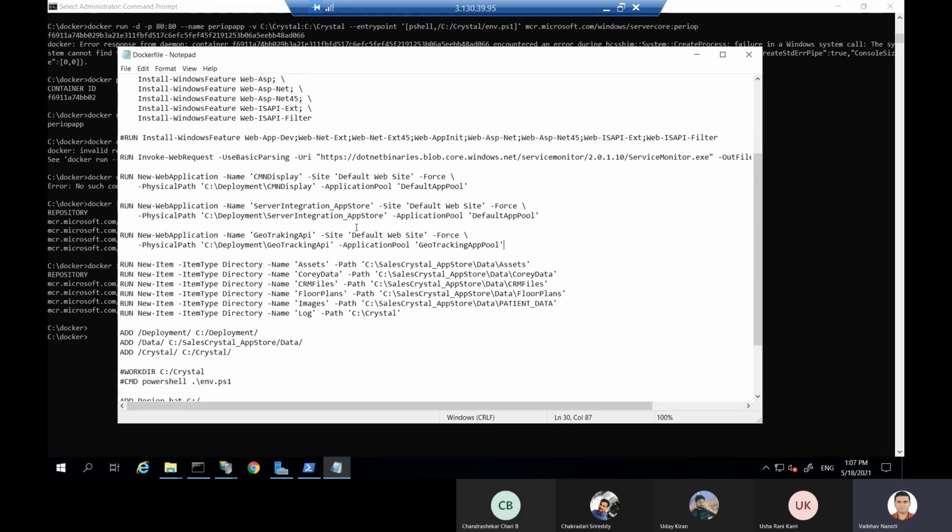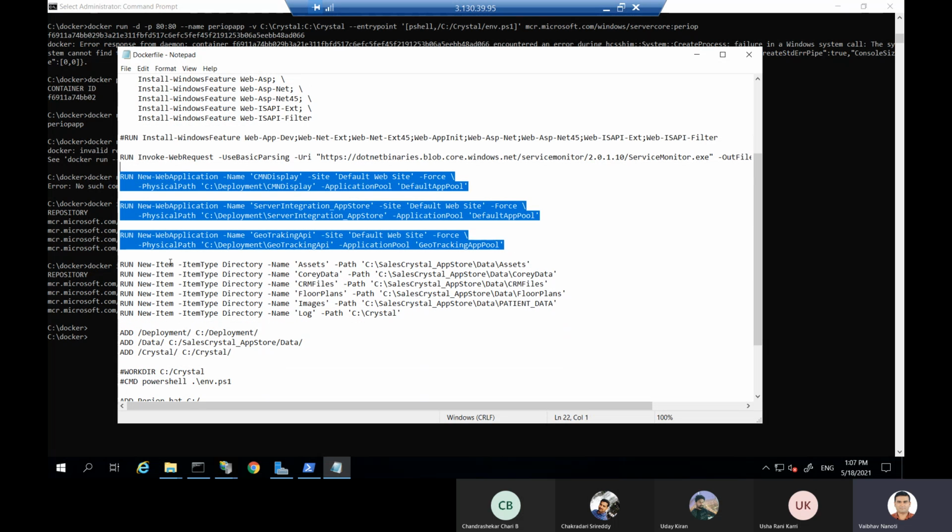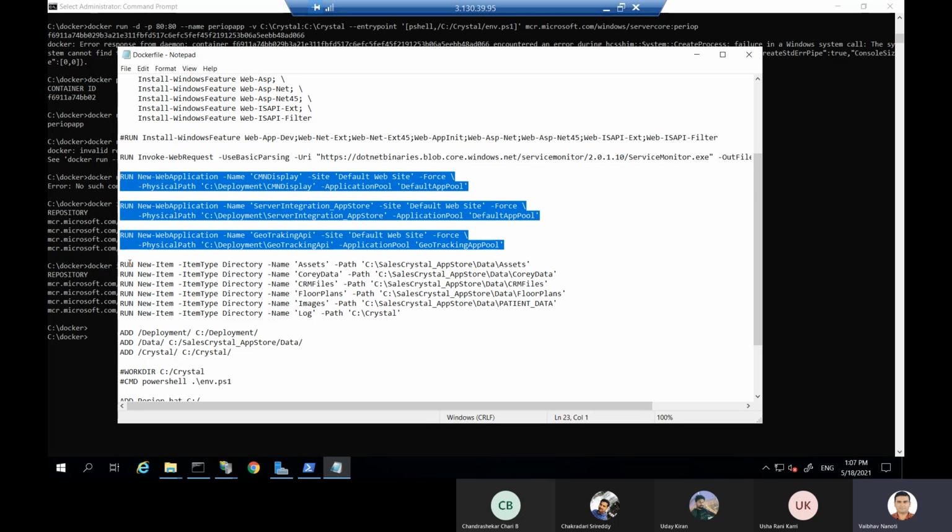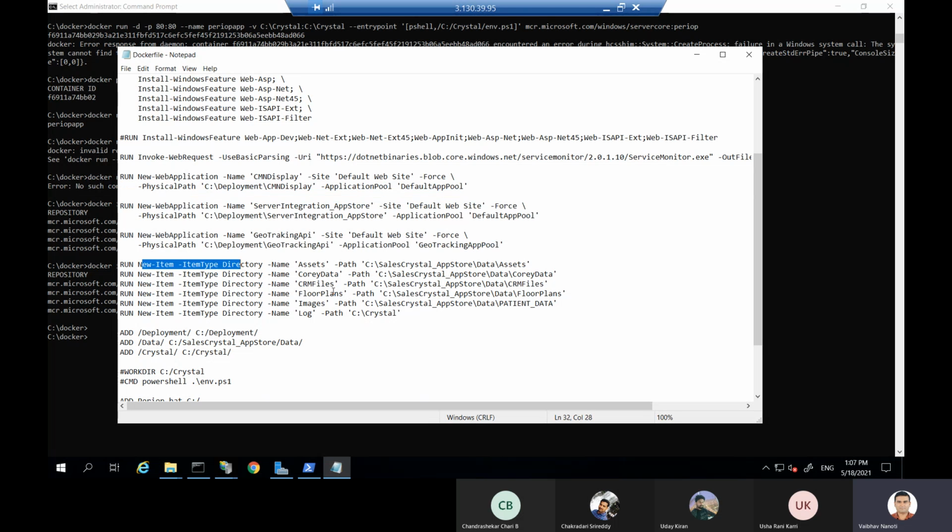After that, they also require some virtual directories, which we call virtual folders, specifically other than the application pools. So I configured those virtual directories, and the names are the asset, core data, CRM file, images and the logs, according to my application and code.